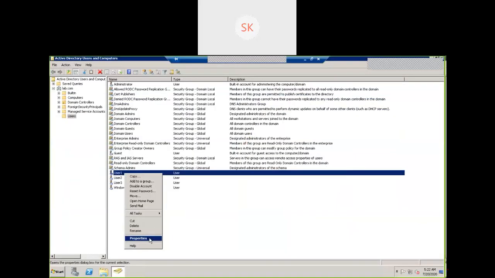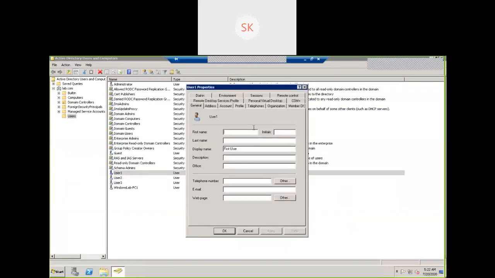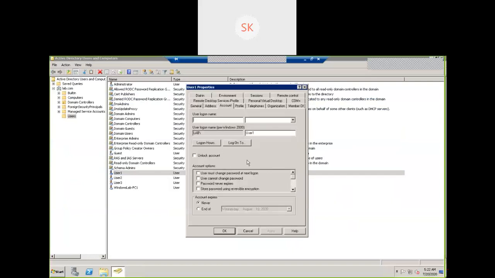Go to properties first. Go to account. We need to check whether the user account is unlocked. Is the password expired, or is the user disabled, or anything we can see here? Okay, here it is, the lab.